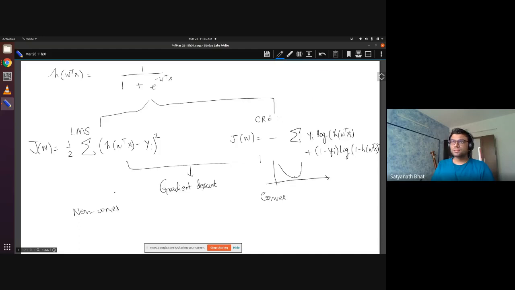So to do gradient descent, you need to take the gradient of each of these, and I will leave that for you to do at home. You have to use the chain rule, and it is kind of straightforward. So this is what we saw, and then the next topic that we discussed was. Are there any questions in this part?